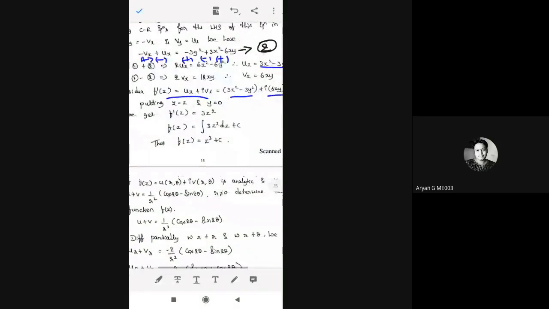Now, as you know before, all the steps we repeated, by the Milne-Thomson method, we'll put x is equal to z, y is equal to 0. See, y is 0, so this is 0, correct? Similarly, this y is 0, and anything times 0 is 0. So the only thing is 3z square. So we get f dash of z is equal to 3z square.